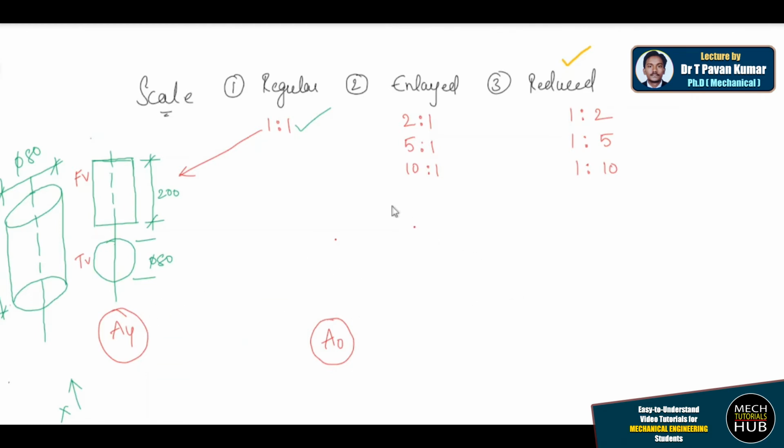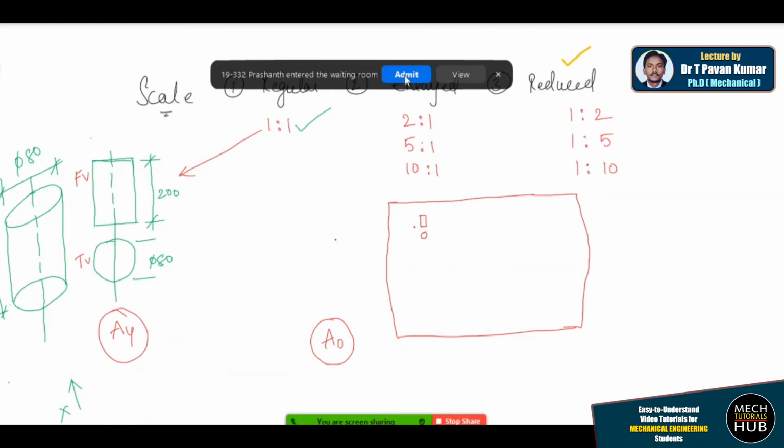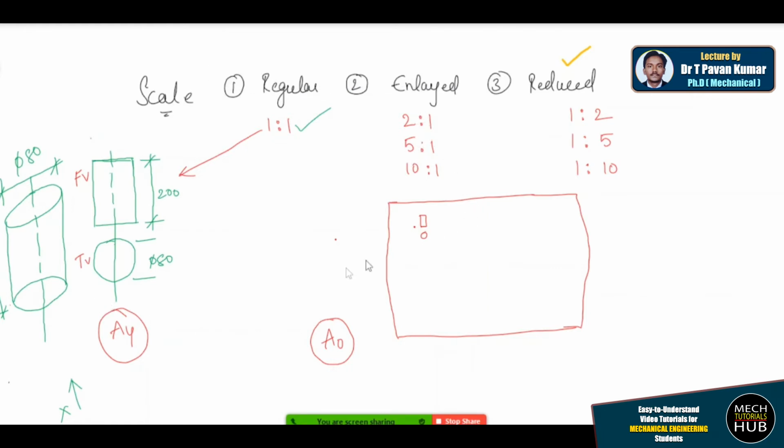So if I draw something on A0 size, let me show you roughly. If I consider this as A0 size paper, and I try to draw the representation which is 200 by 80 mm, then obviously it is going to be somewhere here. Very minute. The size of the sheet is very big, but comparatively, when I draw the representation of the given 3D model, those are very minute. So now the complete sheet is useless.